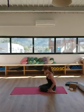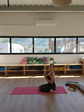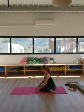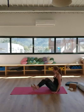We're working the IT bands, so if you're a runner, you know what the IT bands are. We're giving them a nice stretch, and all of those muscles actually help to support the lower back. So we're giving ourselves a little strength training all at the same time. So inhale and come forward, kick your legs under. And we're going to